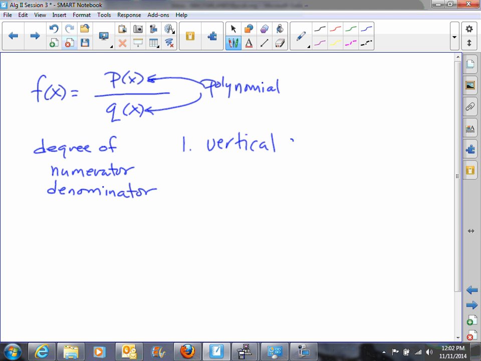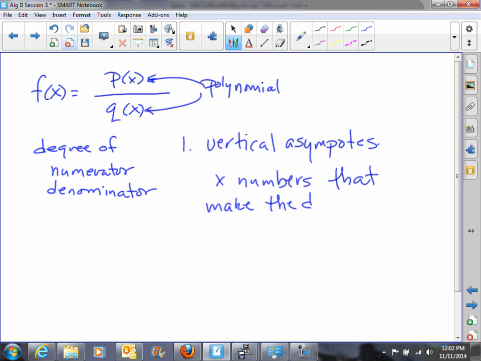Now, we were introduced to asymptotes and vertical asymptotes in the last section, but let's just formally say right now, the vertical asymptotes are the x numbers that make the denominator equal to 0